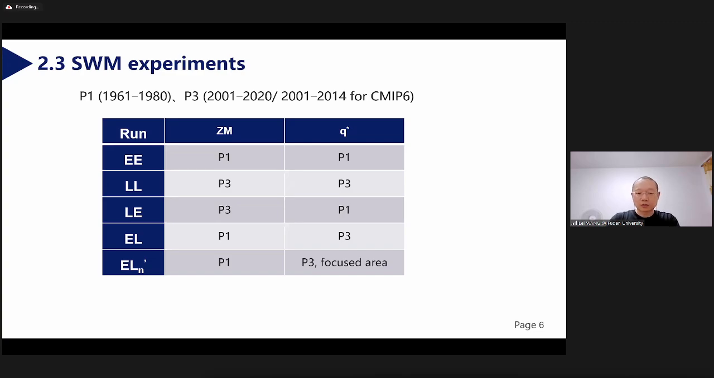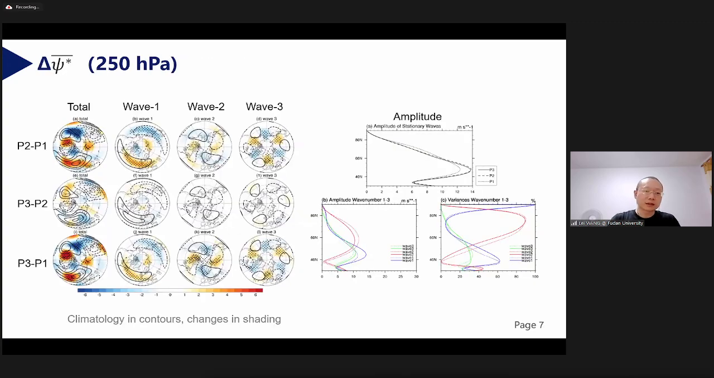In particular, we also look into some focus areas. So first, take a look at the stationary wave response in stream function at 250 hectopascal. We see that there is a strong wave 1 and wave 3 structure if we look into the details. And we found that comparing the stationary wave amplitude in the 3 periods, we found a significant increase in